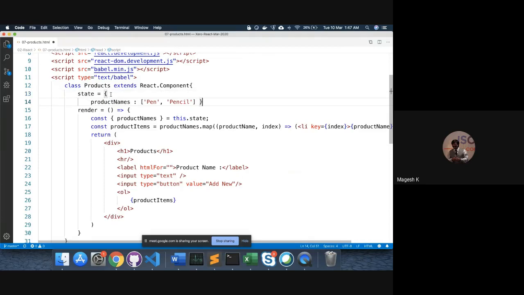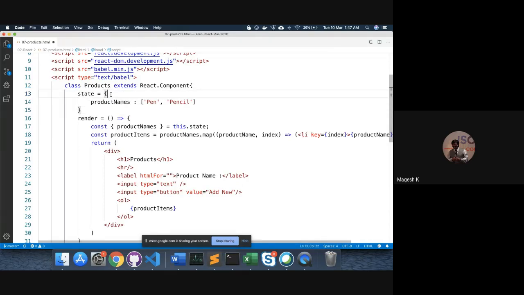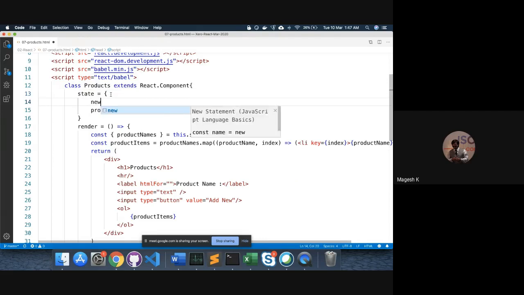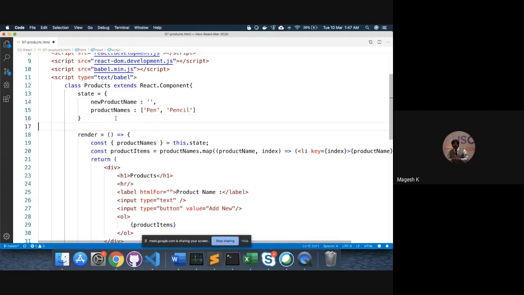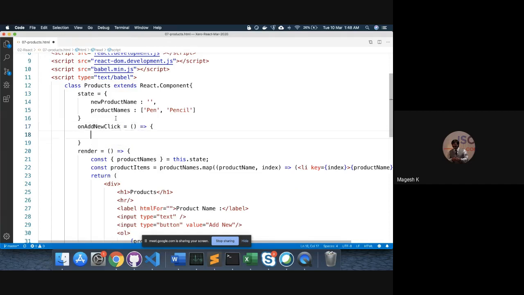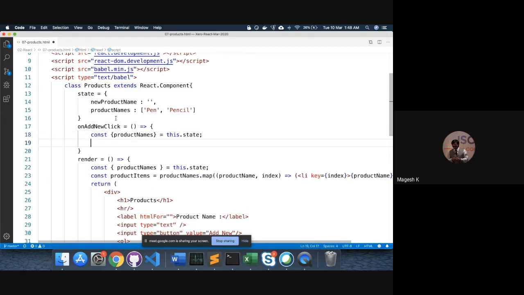This is the usual stuff that we typically do. So we'll take this new product name, which is an empty string, and then I will have a method, on add new click equal to, and a method where I will simply say const productNames is equal to this.state. Take it from there, productNames, newProductName. Take both of them,